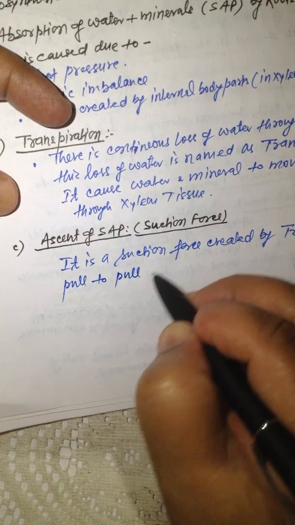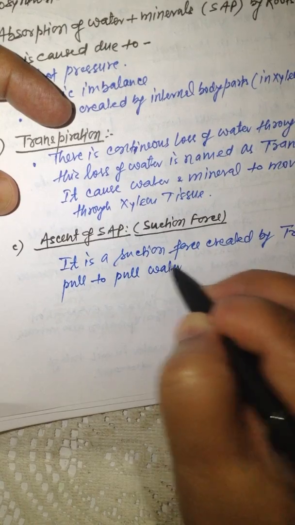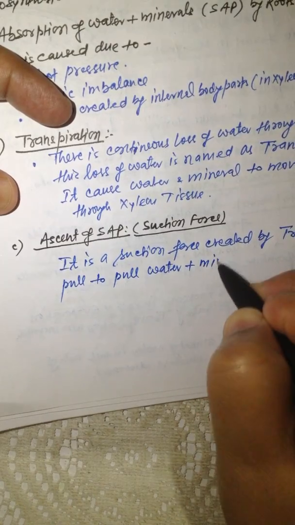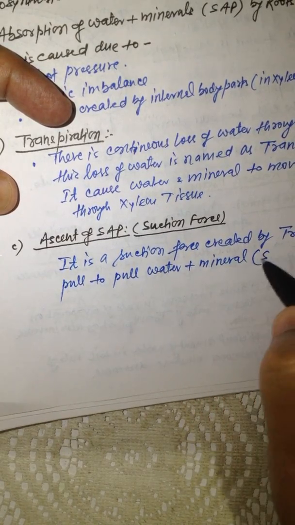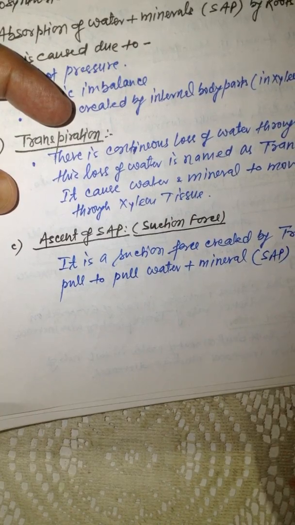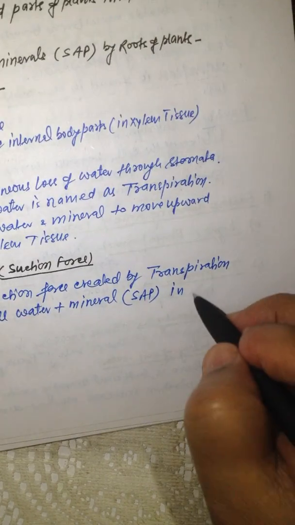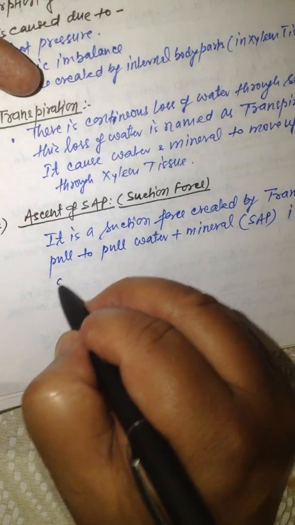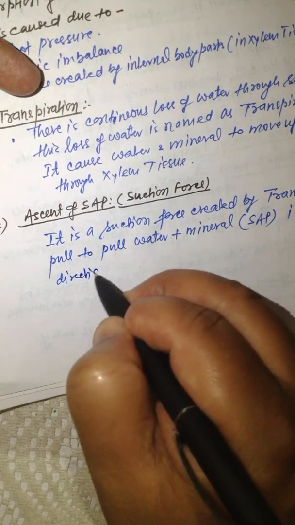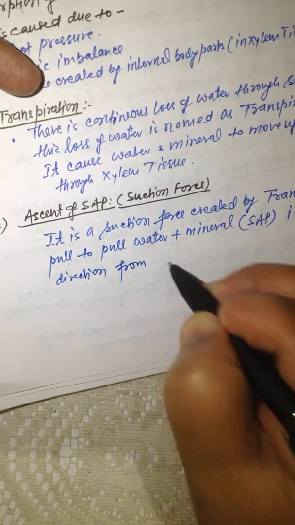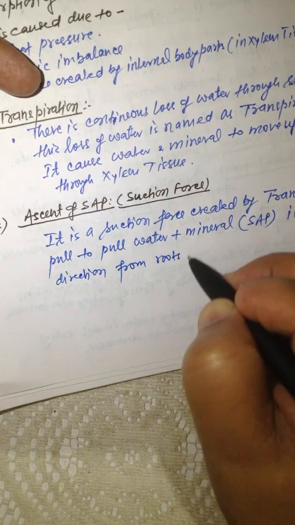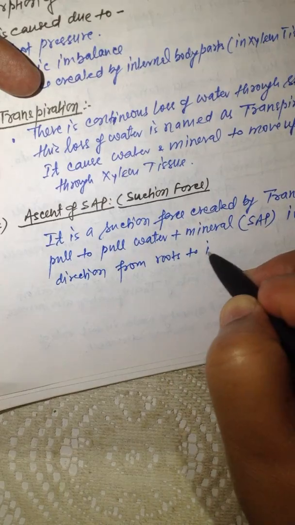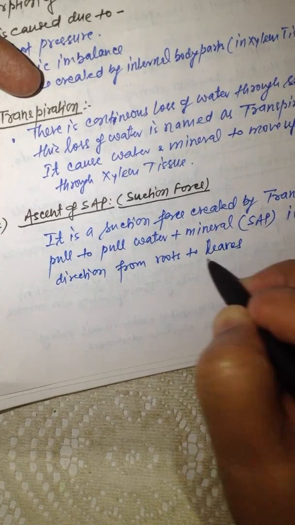It pulls water and mineral, जिसको हम sap कहते हैं, sap, in upward direction from roots to leaves. Okay, ये सभी चीज़ें पढ़ने के बाद अब हम ये समझ सकते हैं कि भैया फोटोसिंथेसिस